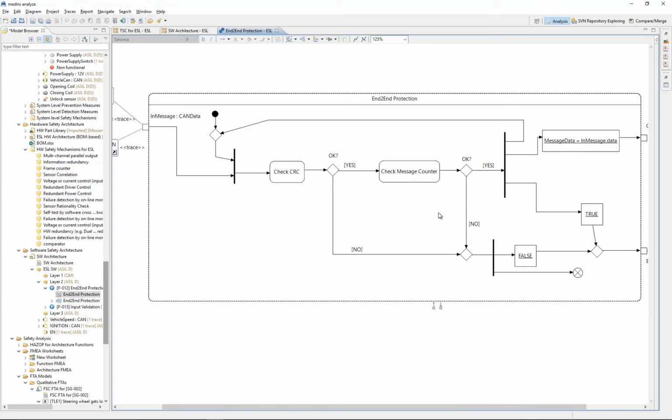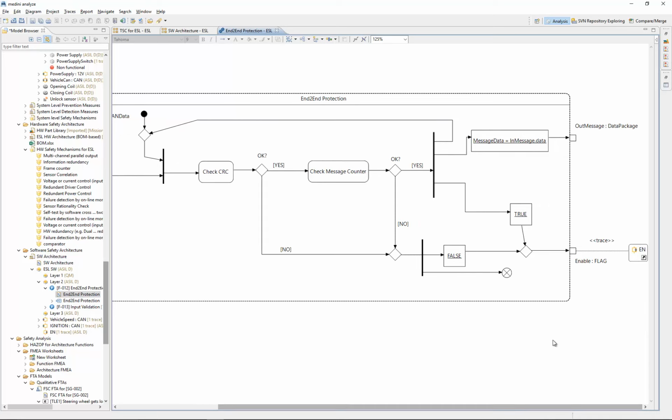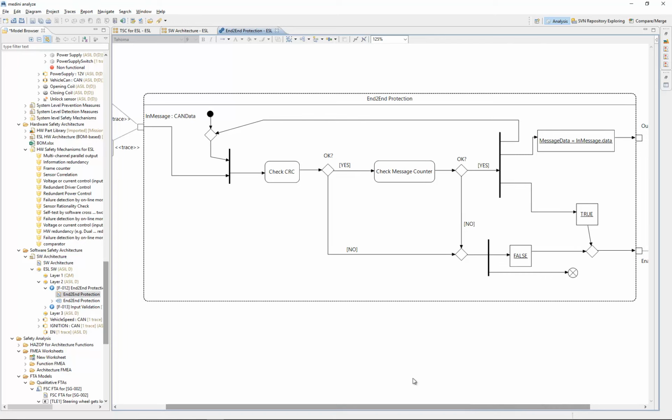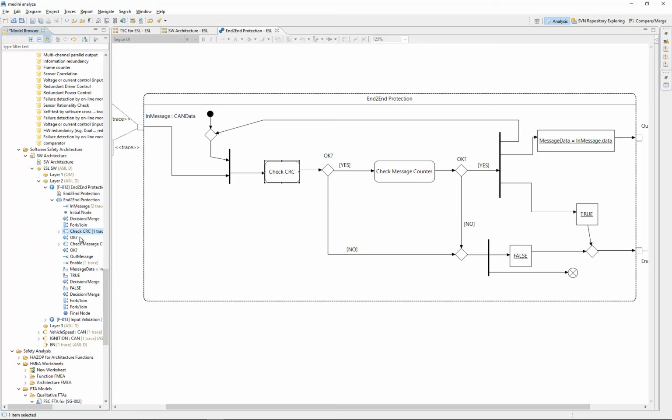If all of this is fine, then I can read my message data and actually send it out to this out port, which is called out message here. Of course, it's very simplified, but that's the idea of the example, to stay at a very simplified level. Each of the basic actions that I have here in this activity can again